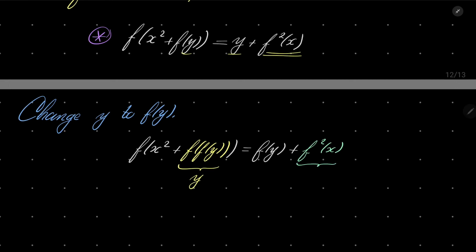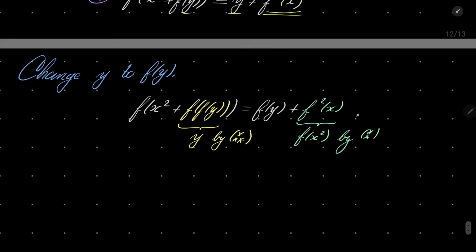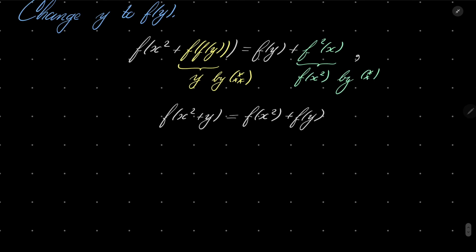And by condition double asterisk, this is f of x squared inside. By double asterisk, by triple asterisk, we have f of x squared plus y equals f of x squared plus f of y. But notice that every non-negative number can be written as x squared, so we have